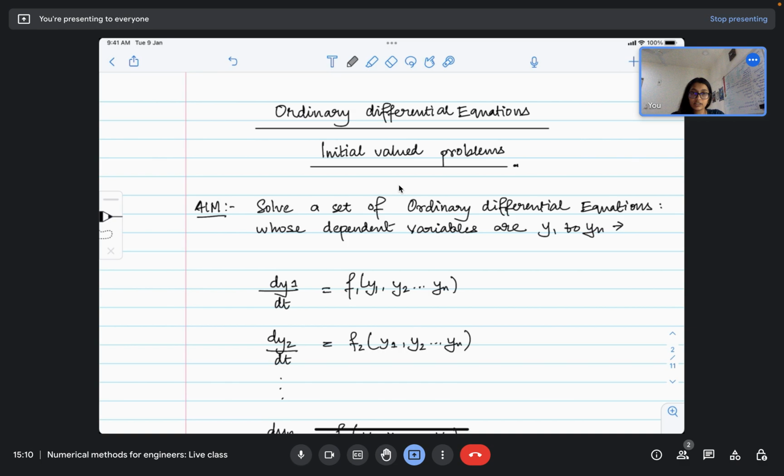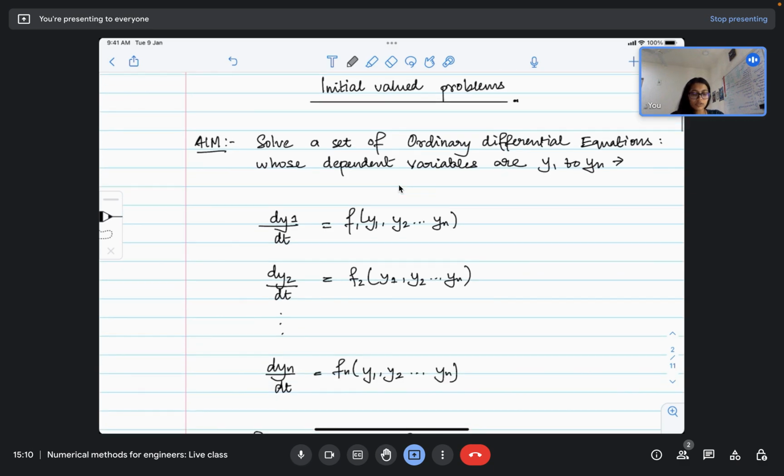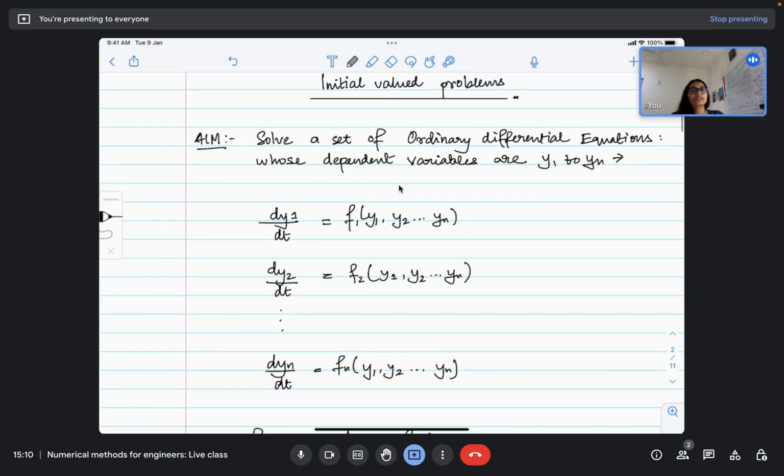Equations in initial valued problems. So, in order to understand what happens when we are given ordinary differential equations and we are required to solve them, our aim in this class is basically to understand how to solve a set of ordinary differential equations